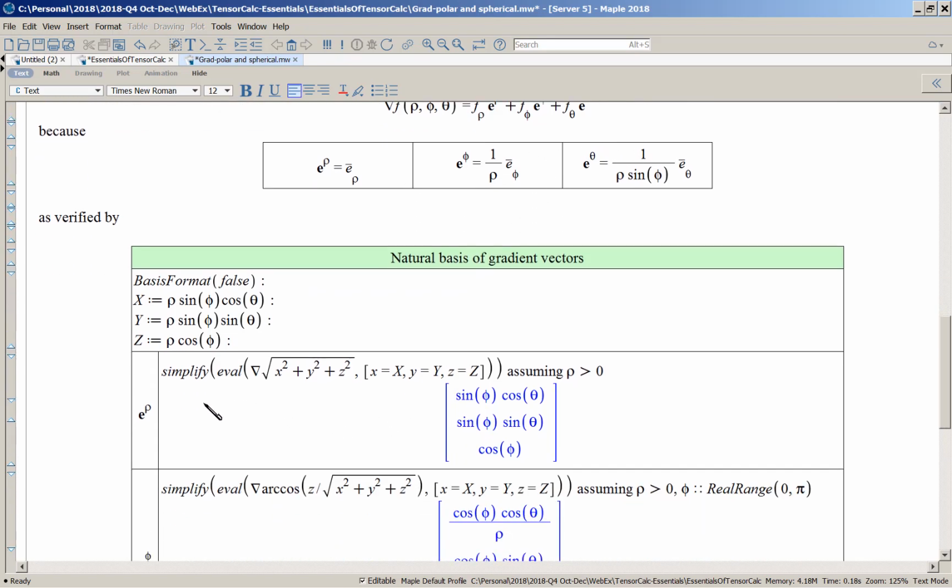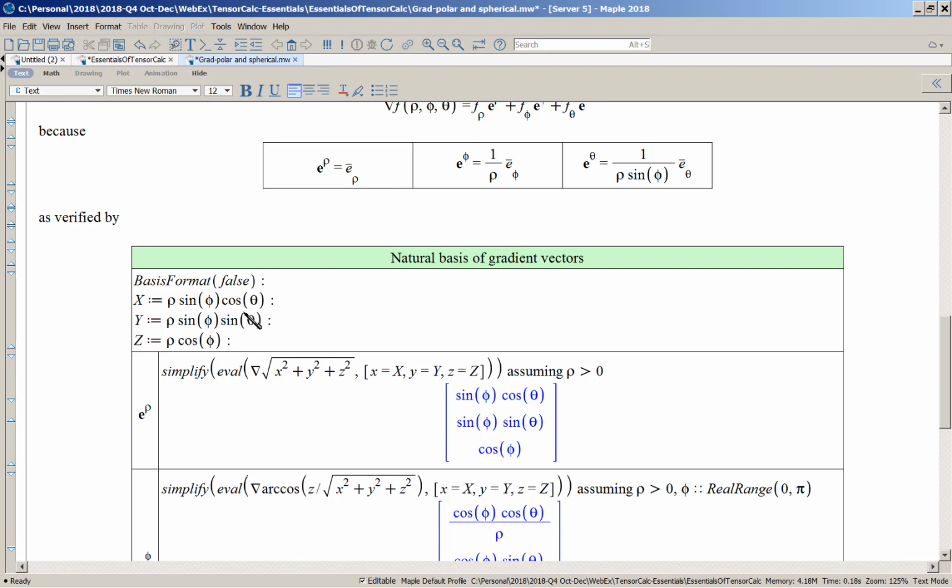And do that by computing the appropriate gradient. So I take the gradient of rho, the rho function, but rho is the root of x squared plus y squared plus z squared. Now, to keep the expressions a little bit more compact, I have defined x, y, and z in spherical coordinates. So if you remember your spherical coordinates, this is the mathematical definition of spherical coordinates, where